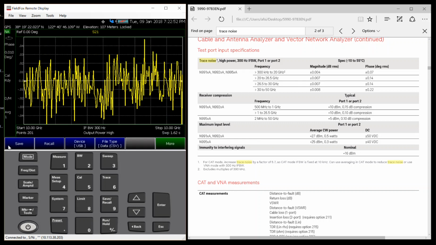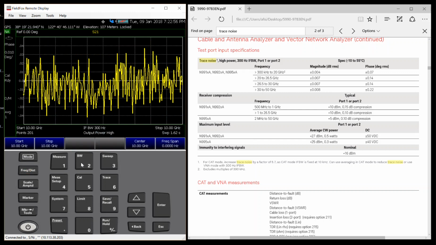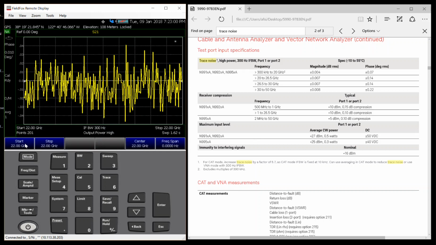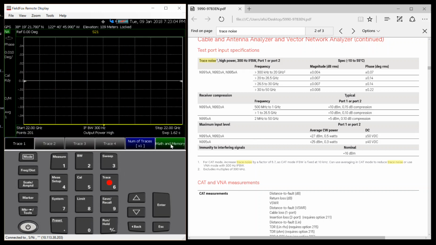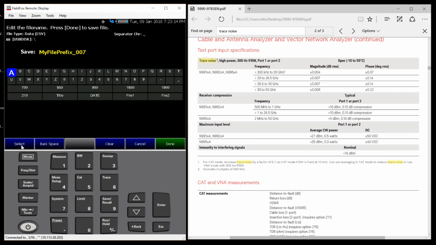You can make this measurement at different frequencies too. Let's do it in the 20 to 26.5 gigahertz range. Let's do it at 22 gigahertz. Again, at each frequency, you want to make sure you do the data over memory. And now I'm going to save this, and I will call this one